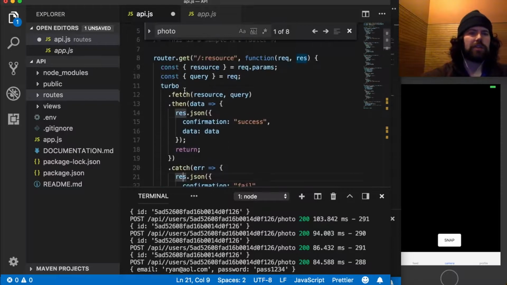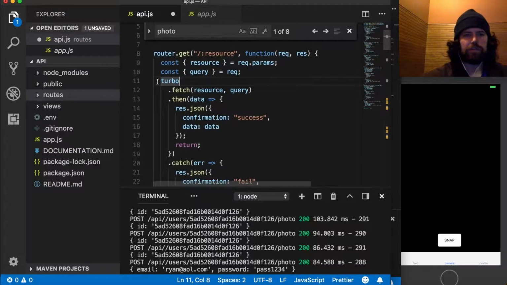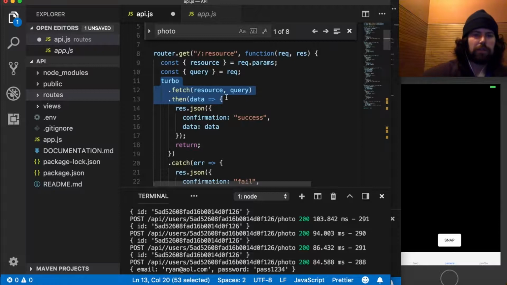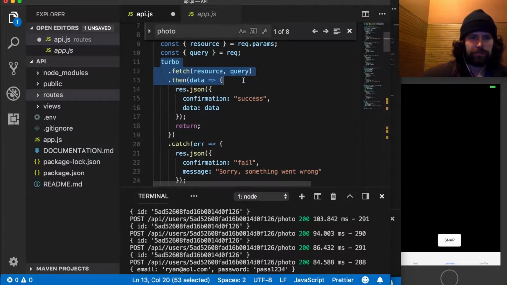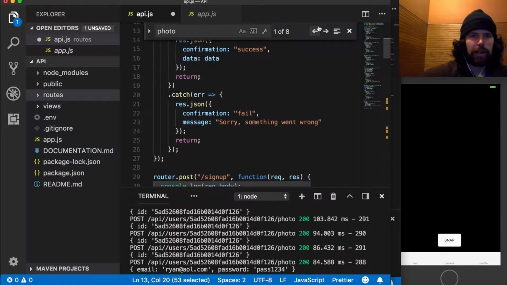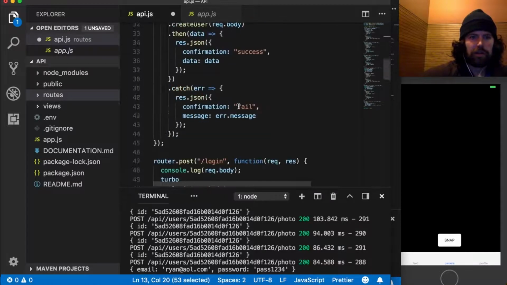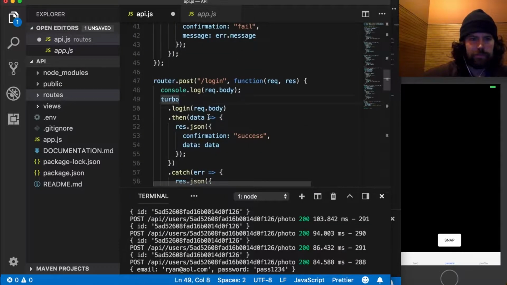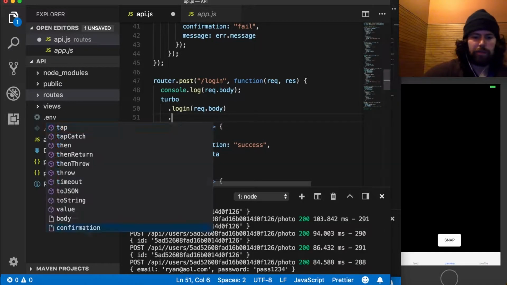Oh, you know what? That was just in our resource fetch resource query. So what I'm going to do is take this and go down to our login, then data, and what we want to do,